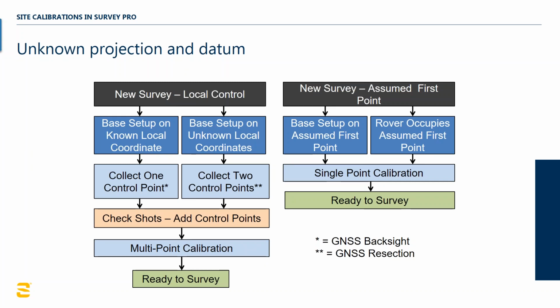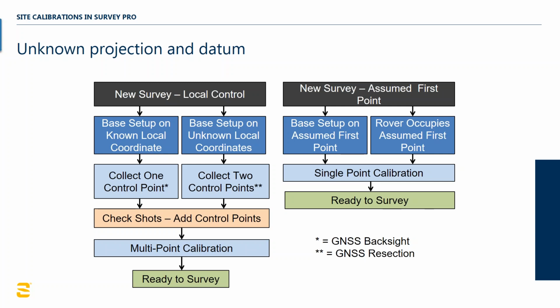If we're in an unknown projection and datum, we're either going to have control or we're not going to have control. If we have local control, we're either going to set up on it or we're not. A lot of times the control points for GNSS are in the middle of the street, and it's not very convenient to set up a base station in the middle of the street. You'd rather have it in that empty field off to the side that has no traffic of cars or people,